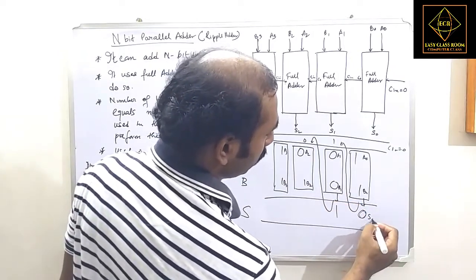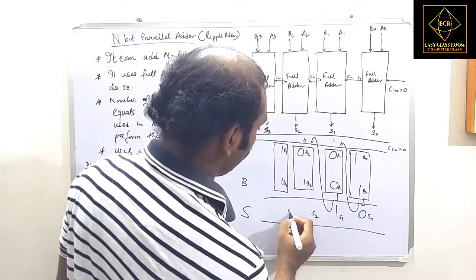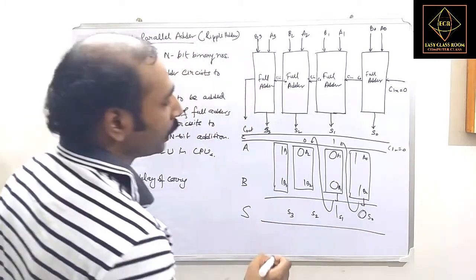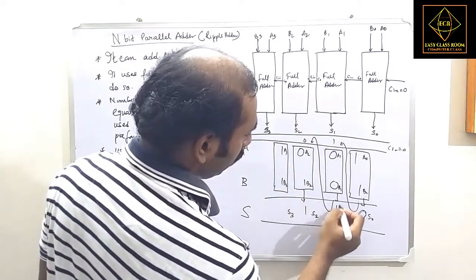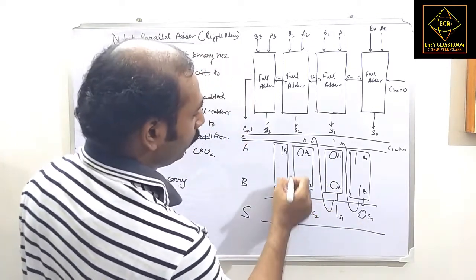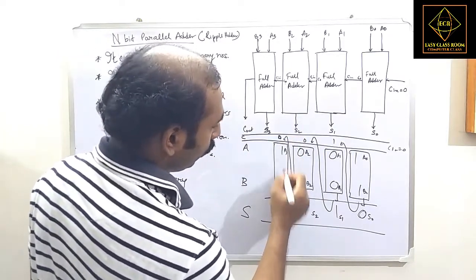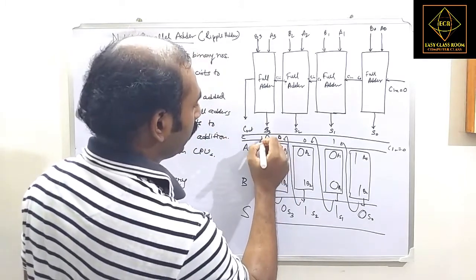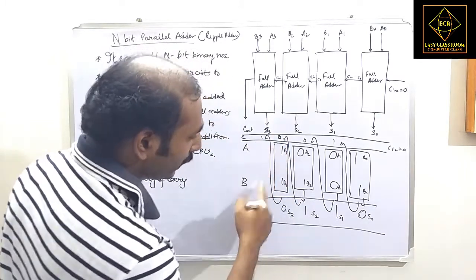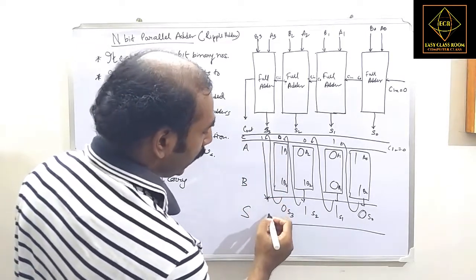This is S0, this is S1, and somewhere it will be S2, and somewhere S3. So this is 1, and there will be 0 carry. So 1 plus 1 equals 0 with a carry, and if it doesn't get anything, it will simply fall down as